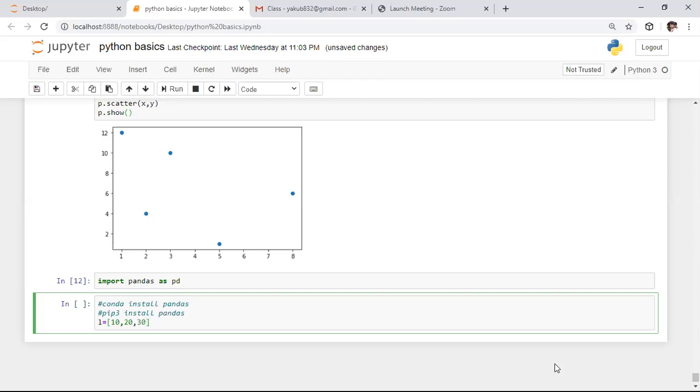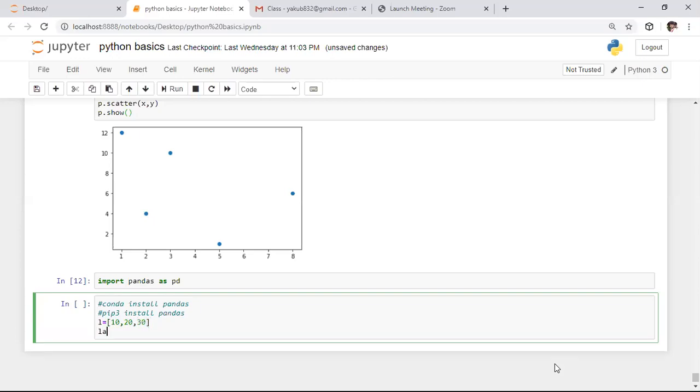After this, I want to take one more list, and I'm naming it labels. Here I want to specify different strings in this labels list. So I'm specifying A, after this B, and then one more, C. Here, this is the data which is specified by me.